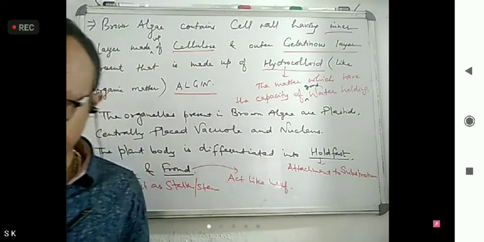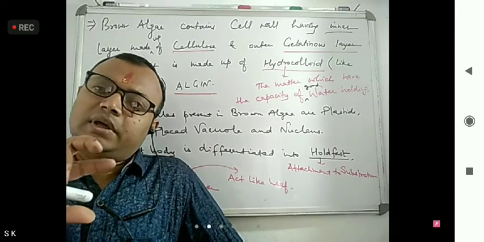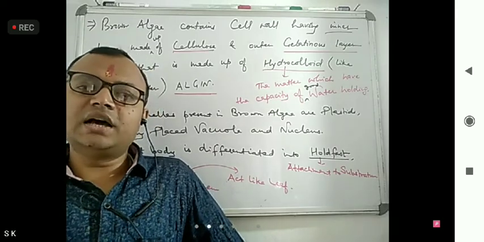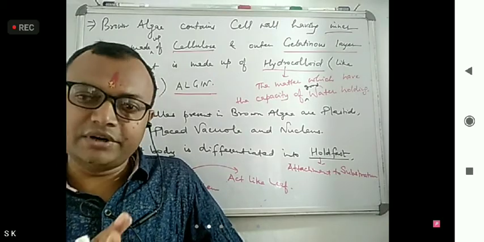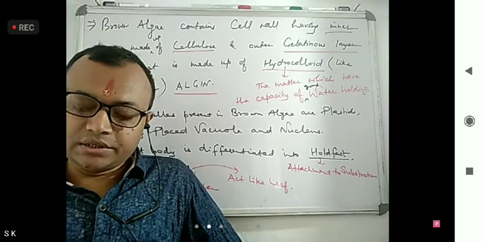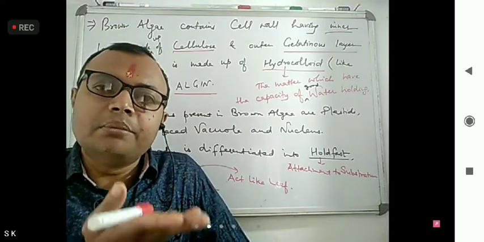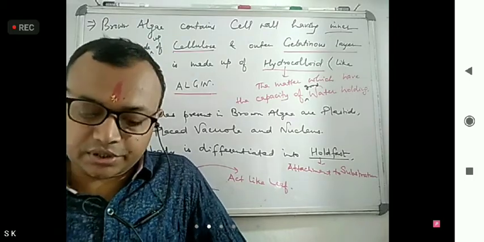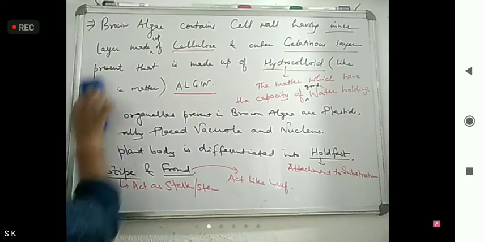Okay. Now if any brown algae is larger in size, because mostly they are marine algae, aquatic. Okay. So if larger in shape, they contain air bladders so that they can maintain buoyancy. Okay. So what I told, the larger forms often